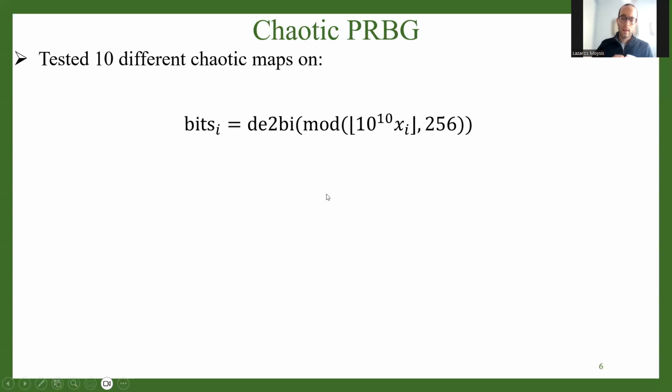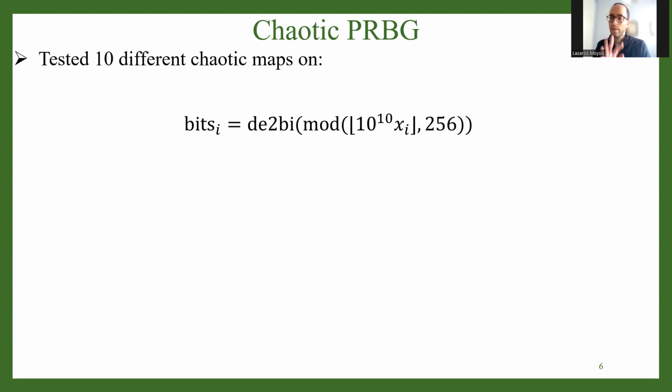We started by taking a very standardized random bit generator. We used some classic techniques like the modulo and the binary conversion. Let me tell you how it works. We multiply the time series by a very large number. After we obtain a very large number, we take this modulo 256. So we obtain an integer from 0 to 255, and then we transform it to a binary value. So this bit generator gives us 8 bits per iteration of the map because we do the conversion of decimal to binary. So this classic PRBG